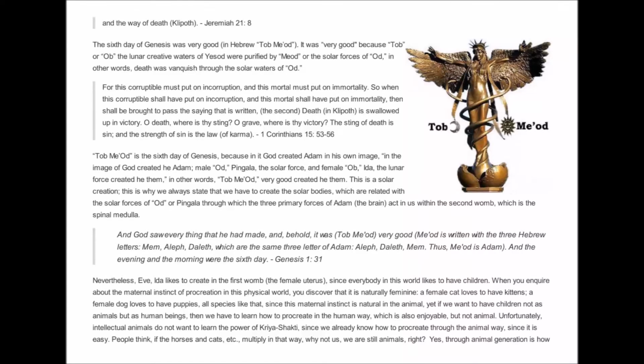This is how we created ego. The Klipotic forces are called evil, or devolving, in other words. The devolving forces of Klipoth are connected to us through Ida, through our sexual organs. That's why Master Samael Aun Weor came and taught sexual magic, in order to cut that connection. As long as we are fornicating, as long as we are reaching the orgasm and the spasm, we are connected through the sexual organs, through Ida, Eve, Hava, down, and receiving all the negative devolving forces